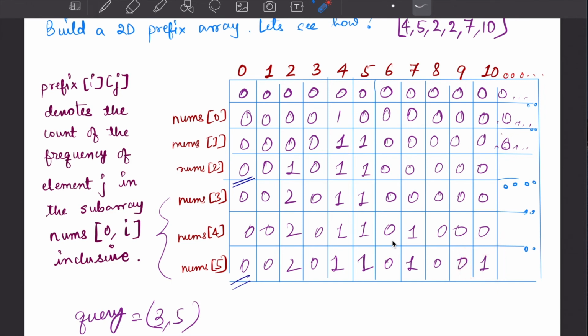So what were the values that I had seen? The values that I had seen were 2, 7 and 10. Correct. Now let's see, if I simply keep them in a set, like these are the values that I had, 2, 7 and 10, what is the minimum absolute difference I can achieve?